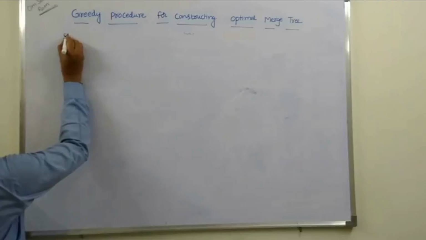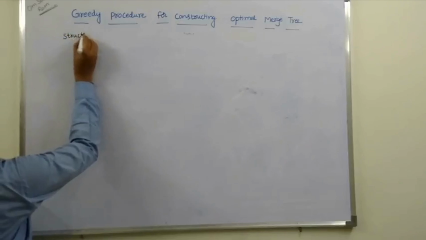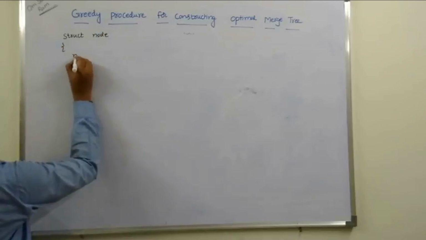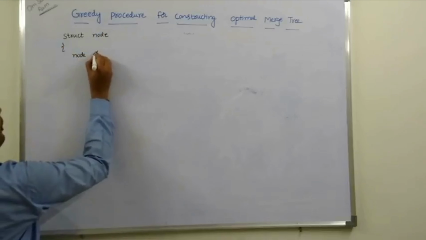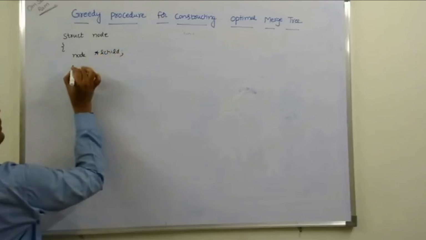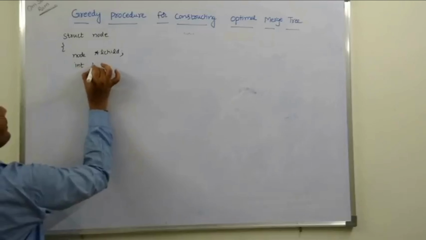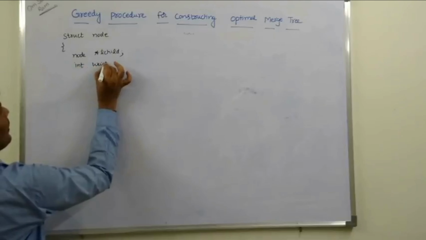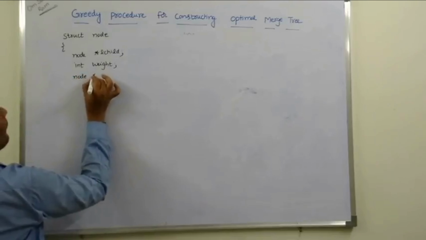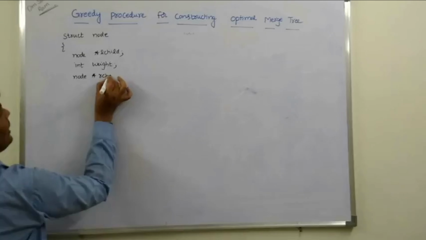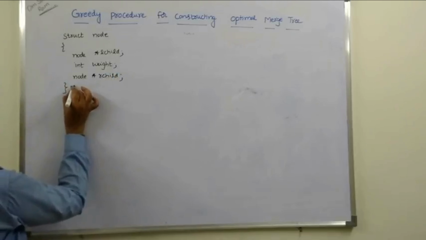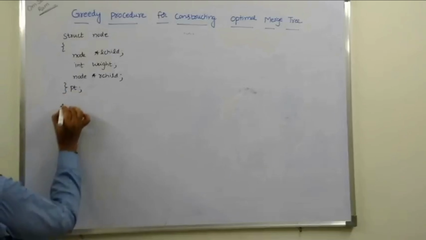So struct node: pointer L child, int weight, node pointer R child. We are creating a structure variable that is pt;